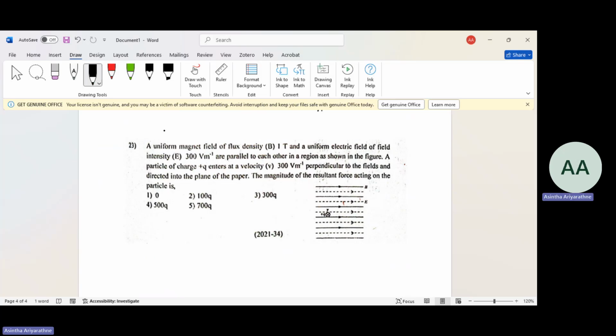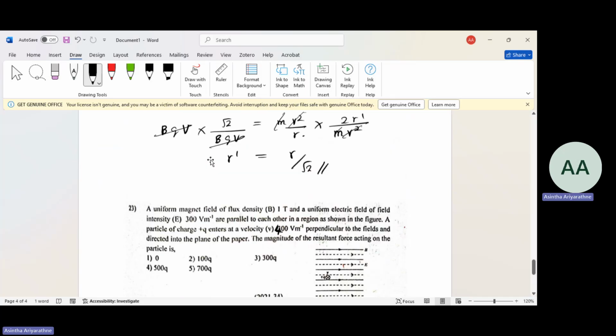Right, so let's try this question. So here it is 400 volt per meter. Velocity is 400. Right, so it is here said